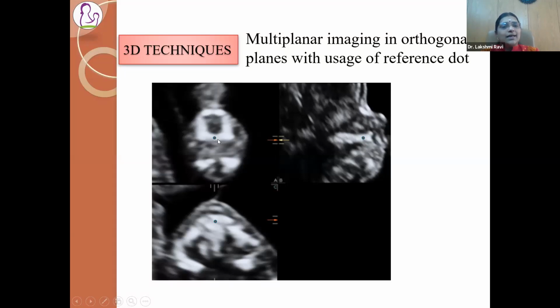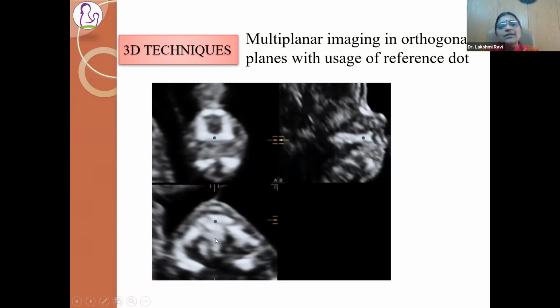I know it is intact. See, the reference dot corresponds to this line, the maxillary line. Now, because there is no interruption in the maxillary line, I know that the palate is intact. And you can nicely see the axial view of the palate. You can actually see the entire palate itself. The palate is flat at this point of time. See, this is the alveolar ridge, intact alveolar ridge, and this bony part is the secondary palate.